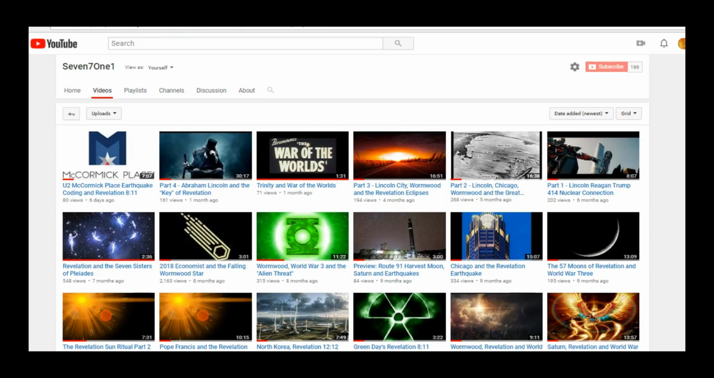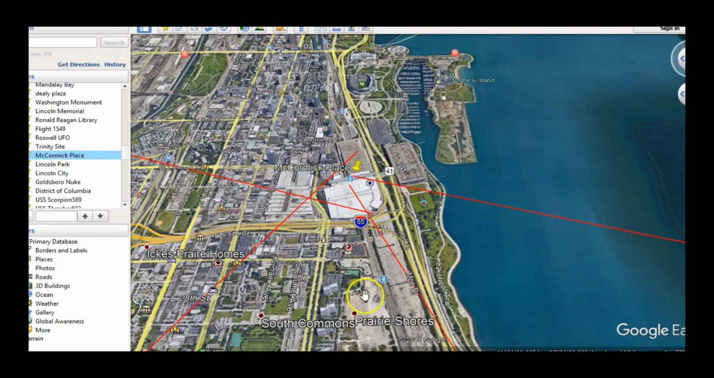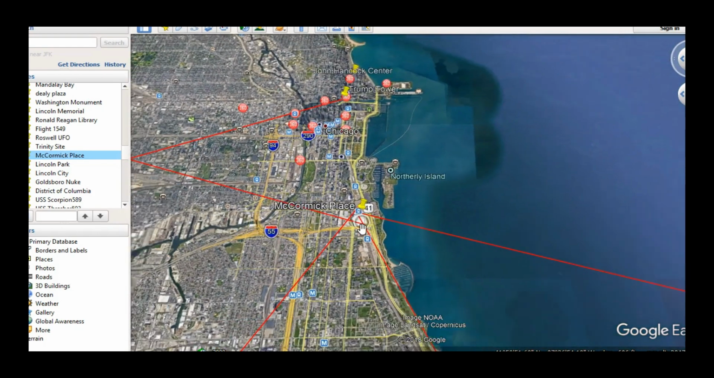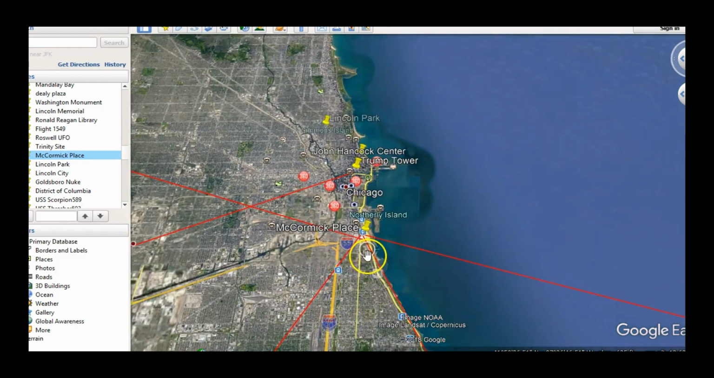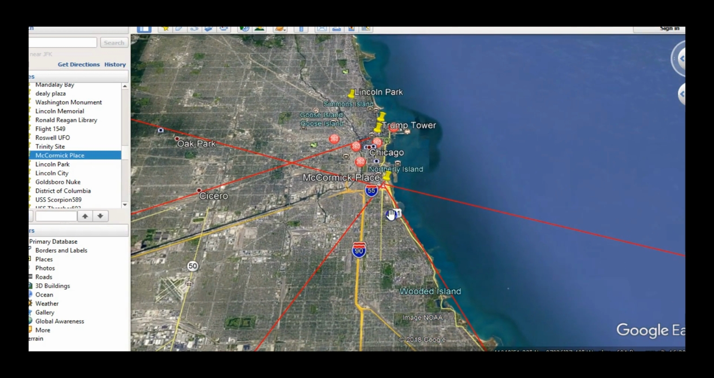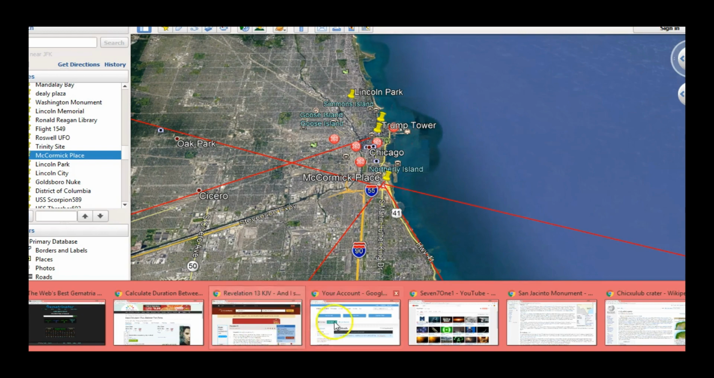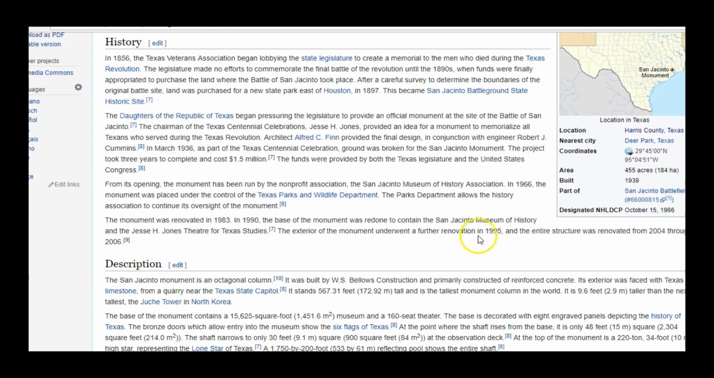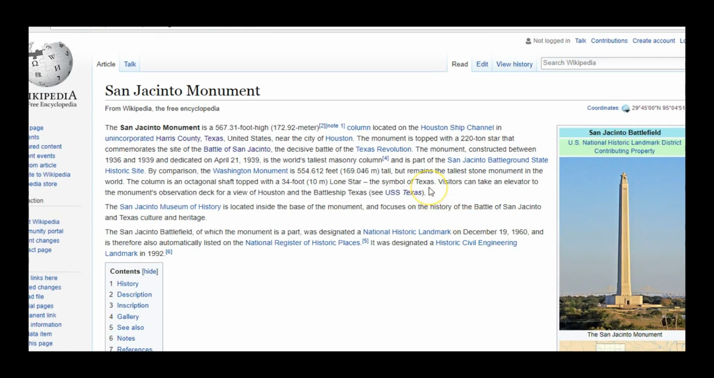Hey guys, this is a follow-up video to my last video I did about the McCormick Place in Chicago and the earthquake and Georgia Guidestone number coding. In this video I want to show you the nuclear aspect of the coding for McCormick Place, and I'm going to show you the San Jacinto Battleground Monument in Houston, Texas, and how that relates to McCormick